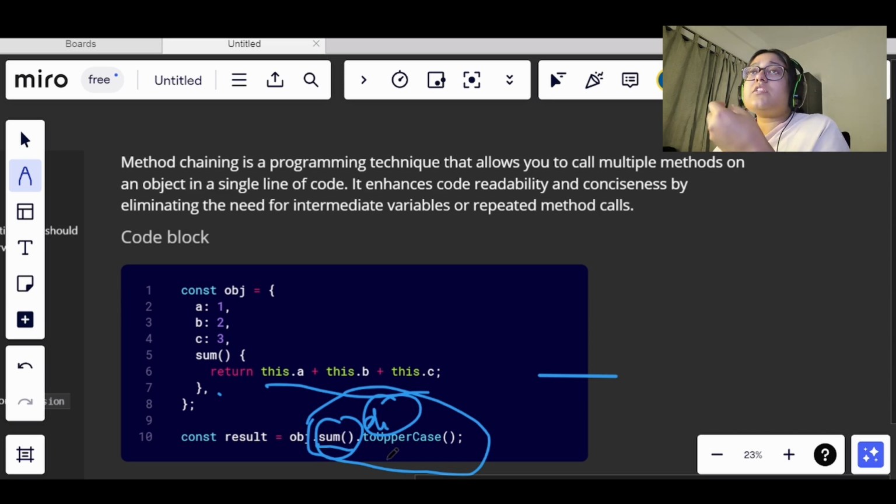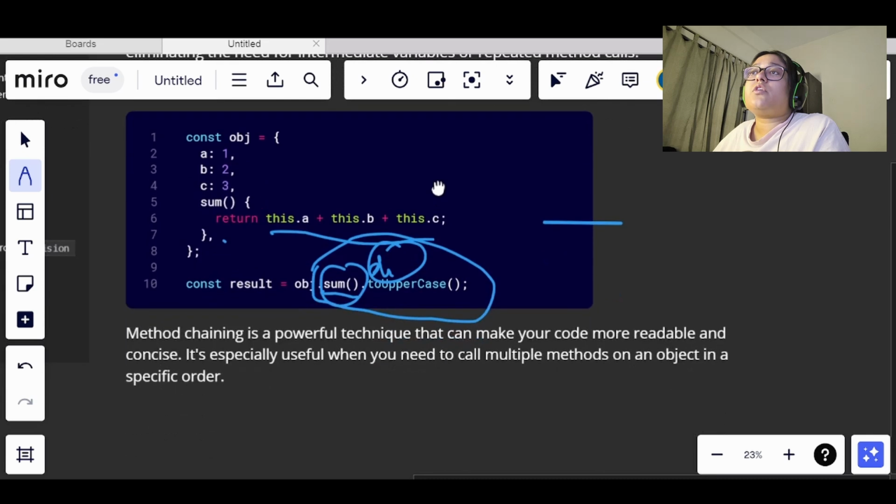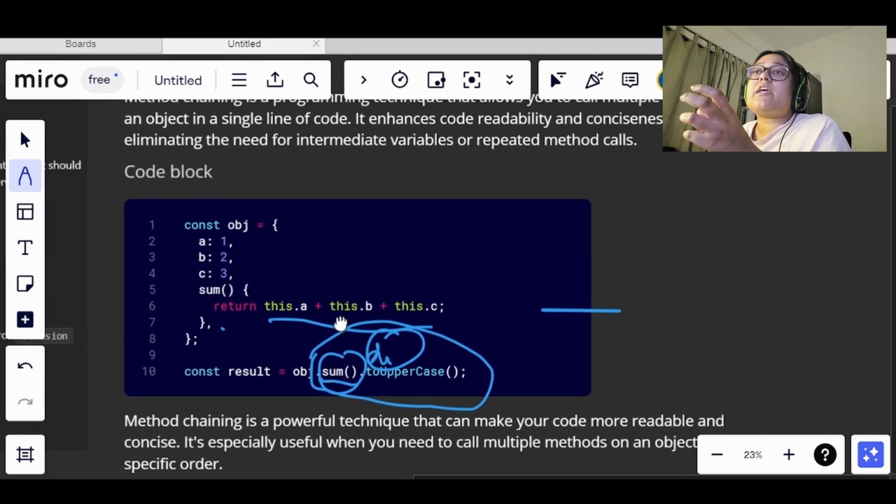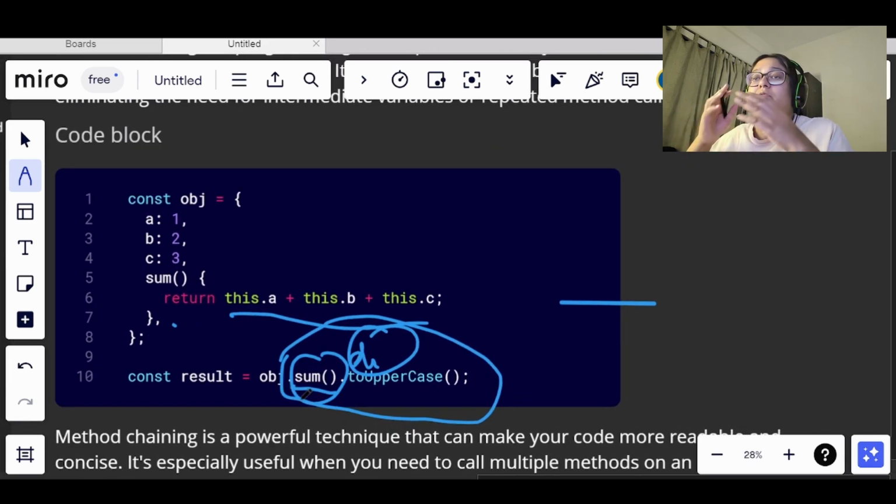So this is how we are using method chaining. It makes your code more readable and concise, and it is useful when we have to call multiple methods. It also creates an order. First we call sum, and after that whatever result we get from sum, only that value will be changed to uppercase.